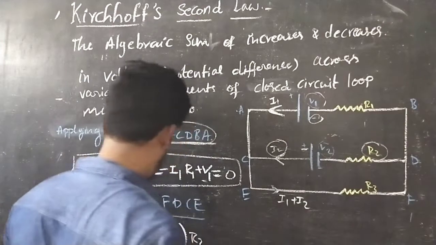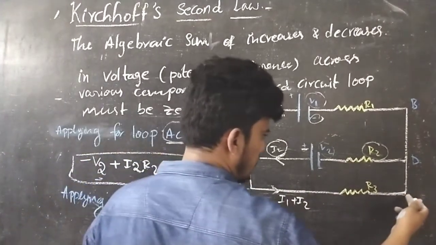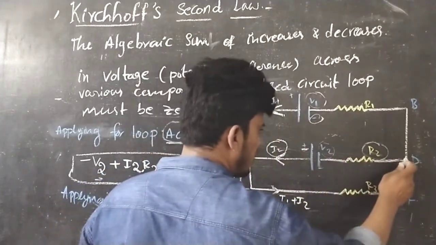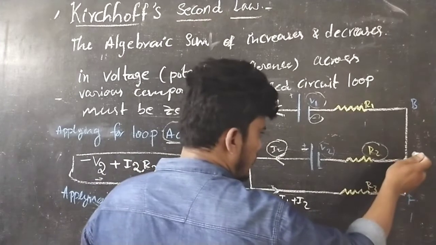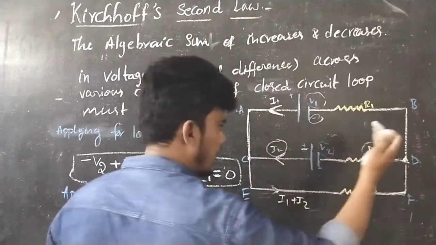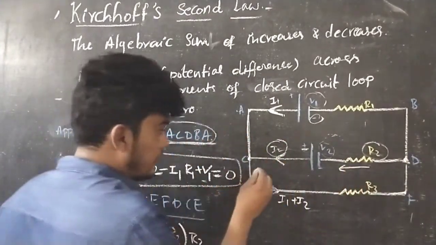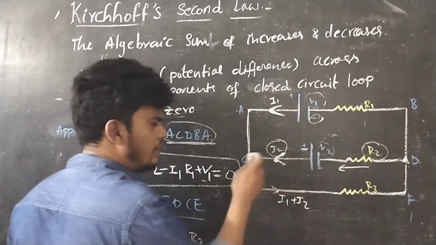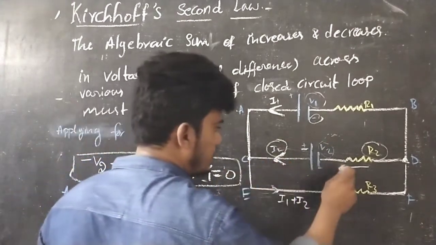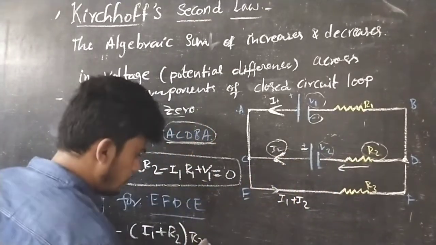This side is over. What about next? There are no components. Again from point D to C. Look at here. I am going from the point D to C, means the loop direction is from D to C, right side to left side. In this direction, the loop direction is in this direction. What is the direction of the current? The current is the same in direction. That's why I will take these values also as negative, so minus I2